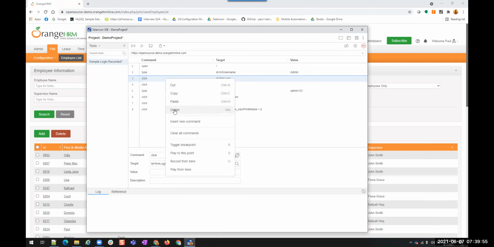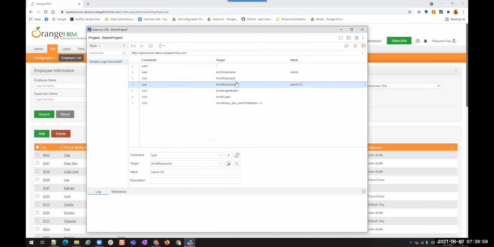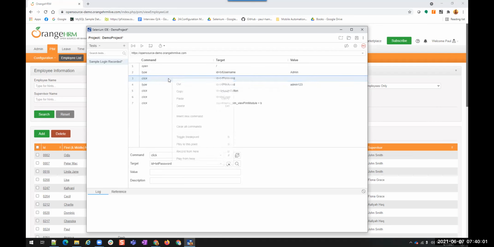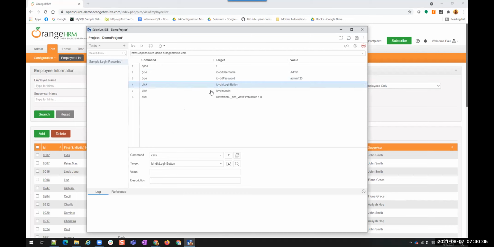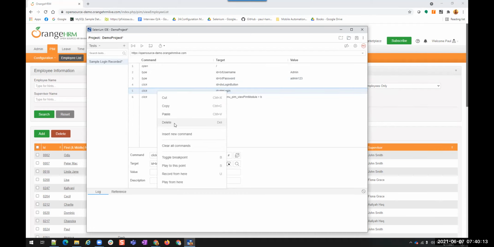This click is not needed for us. If you are directly entering, that is fine, we don't have to click on it. So delete it, and then I'm clicking on the login button. After logging in, I'm clicking on the PIM module.